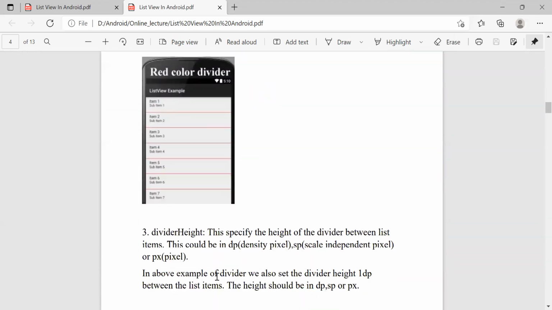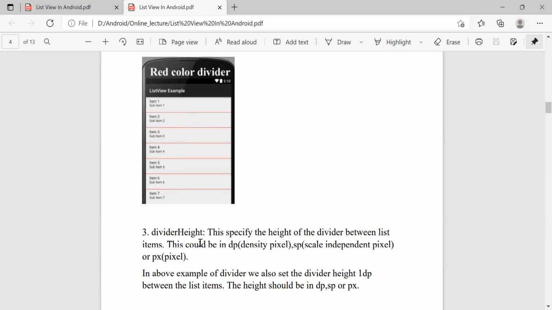Here we find the divider after each and every list item. Next is the divider height. We specify the height of the divider between the list items. We can specify it in dp, that is density pixel, or sp, scale independent pixel, or simple pixel we can provide.